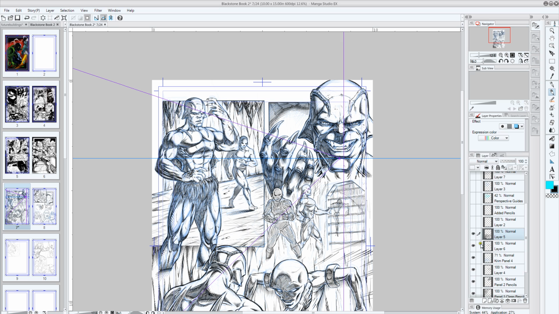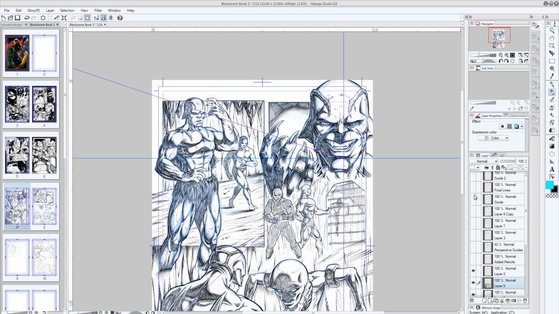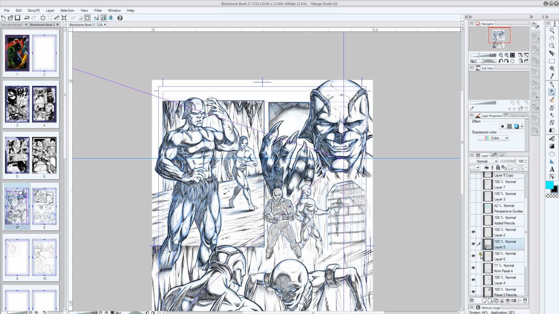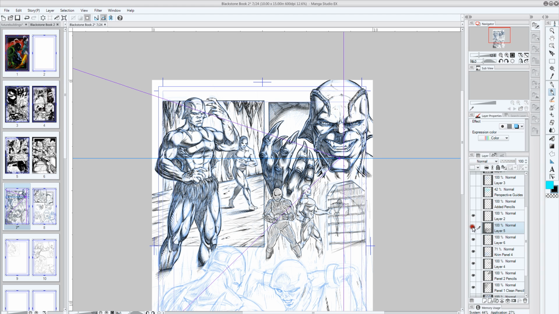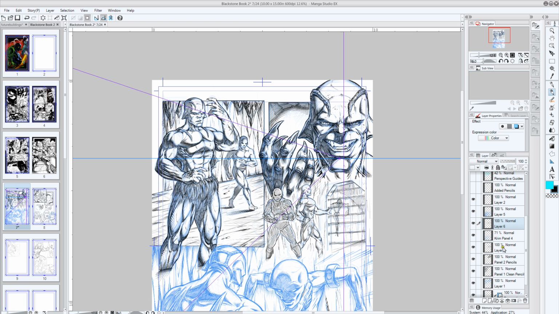See, and I even like to leave some of my blue line sketch layers in right up until the point of inking. And the reason being is that I always feel like if I leave a few more of those layers in and just tone them down, I can pick parts that I want to keep and parts that I want to get rid of as I'm inking. So now let's see, and I should probably condense all this down, but I'm kind of scared to right up until the end. So now I go through and I start grabbing all these pencil layers,